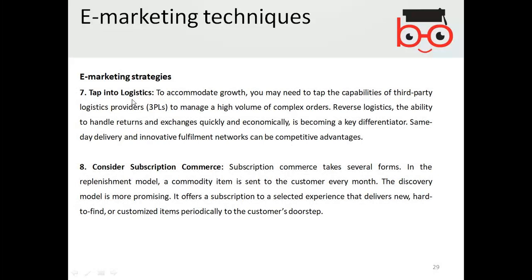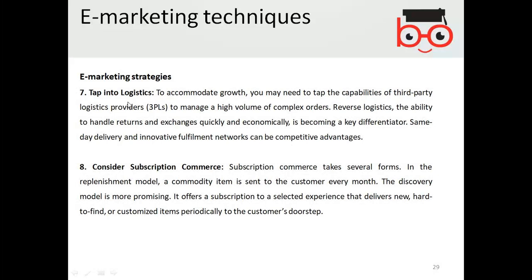Tap into logistics to accommodate growth. You may need to tap the capabilities of third party logistics providers to manage a high volume of complex orders, and reverse logistics, the ability to handle returns and exchanges quickly and economically.